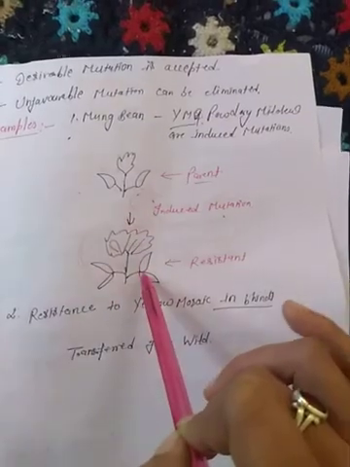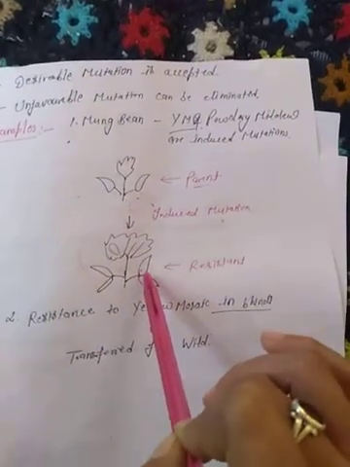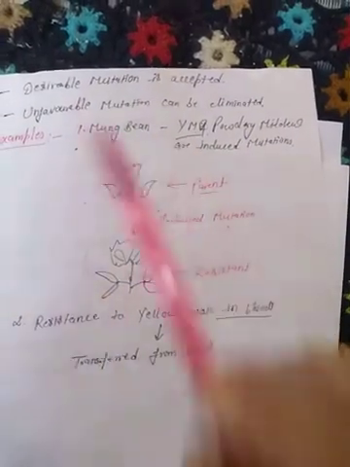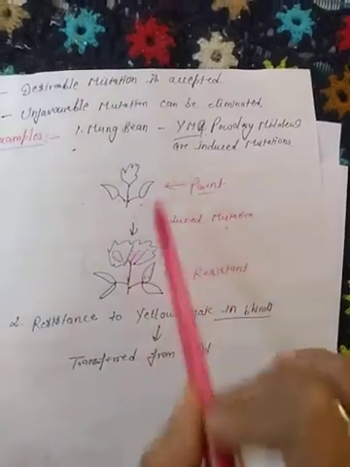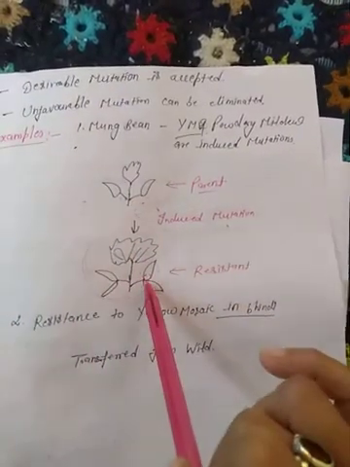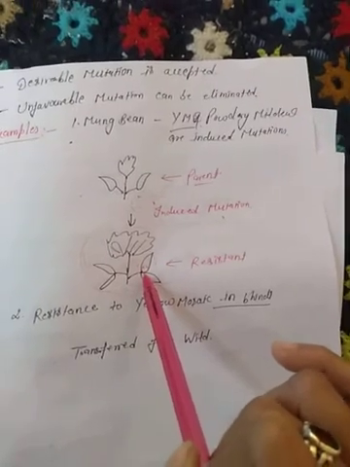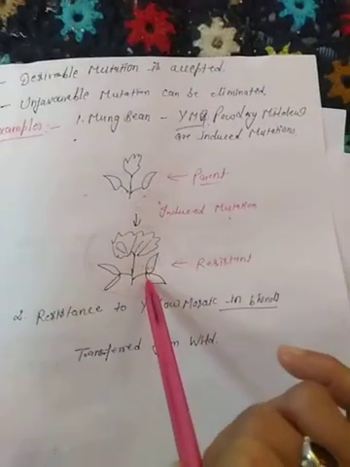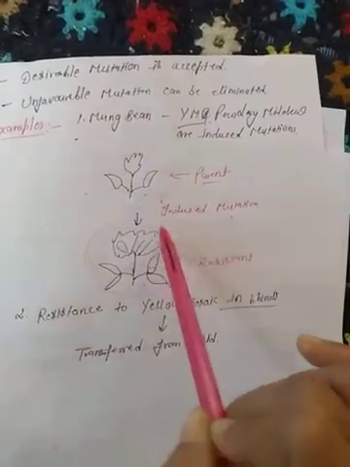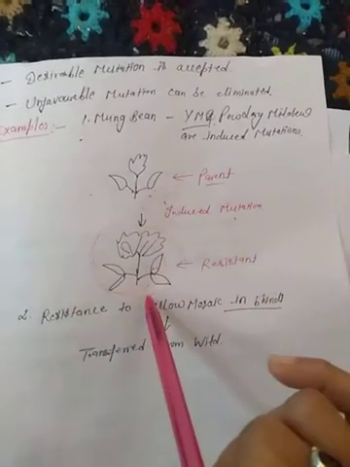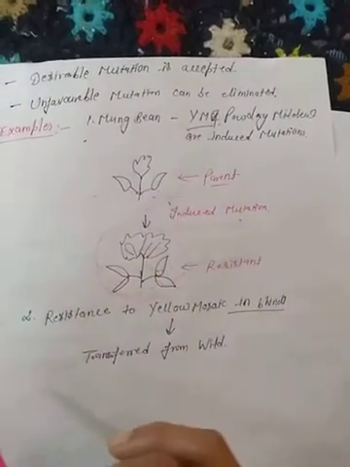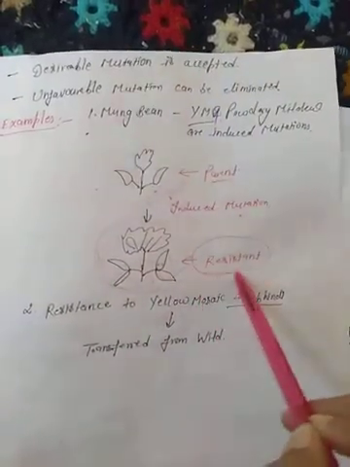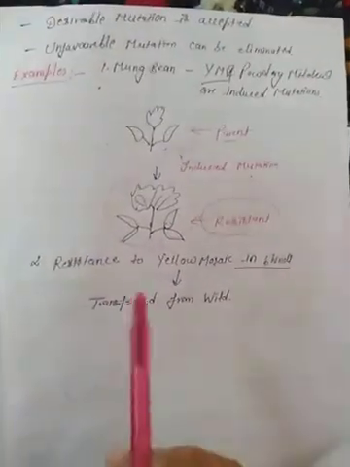In those plants it was noticed that they were resistant to attack by the yellow mosaic virus. The parent plant was susceptible to the virus, but this plant with altered phenotype is not giving favorable conditions for the growth of the pathogen. In this way it can be prevented from the attack of this virus, and we get a good yield, right? So by this mutation breeding, we can generate resistant varieties of our crops, right?